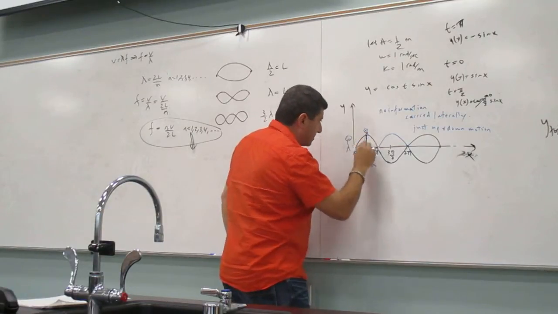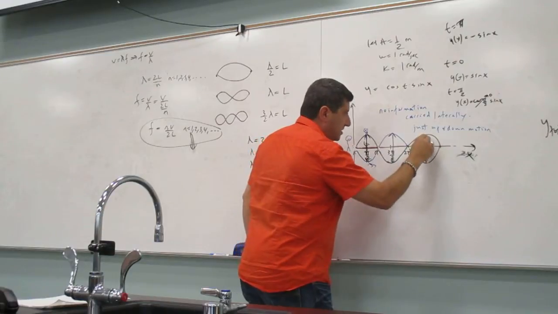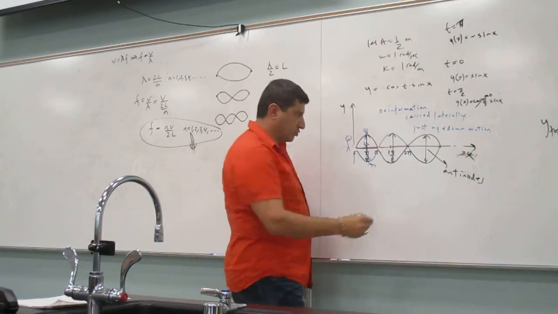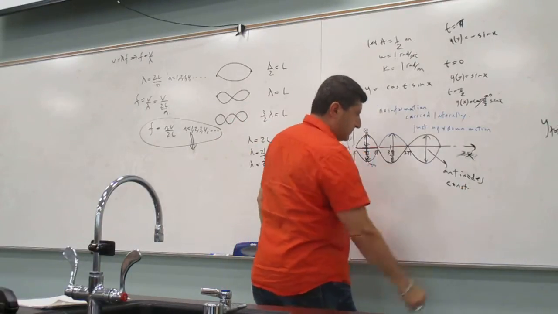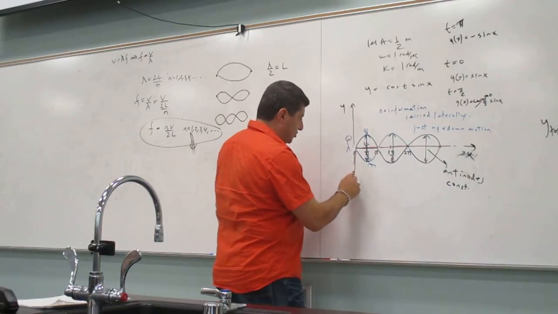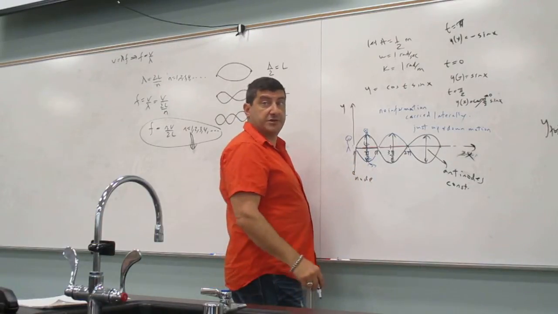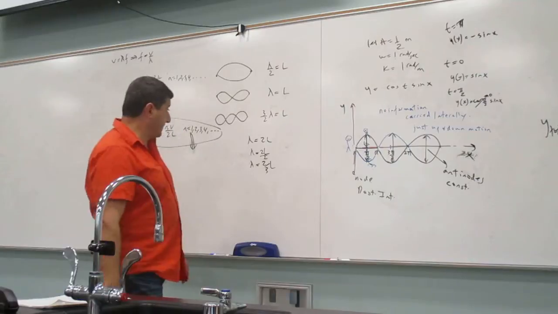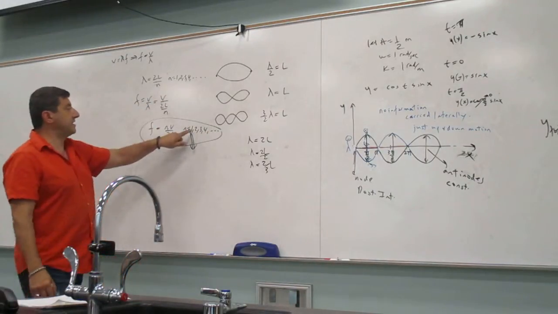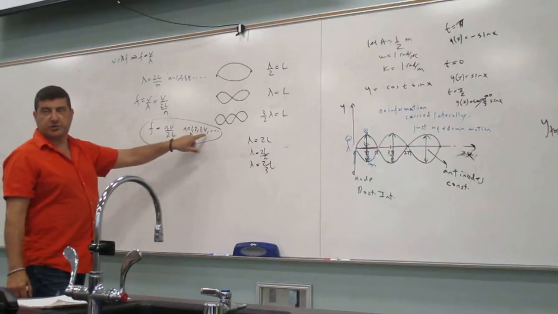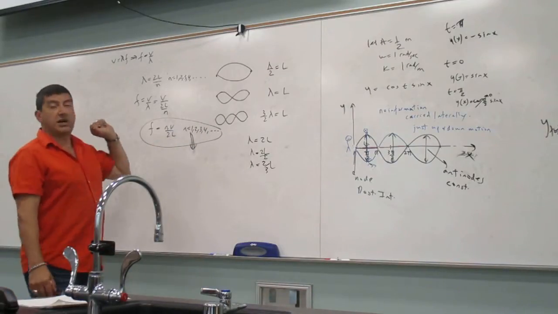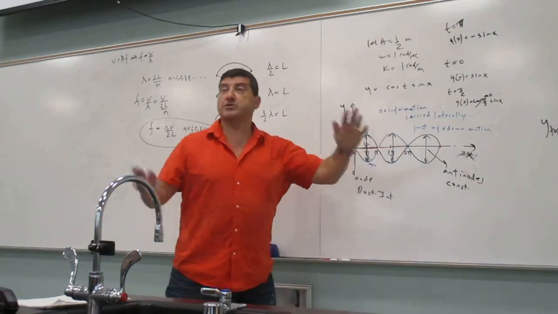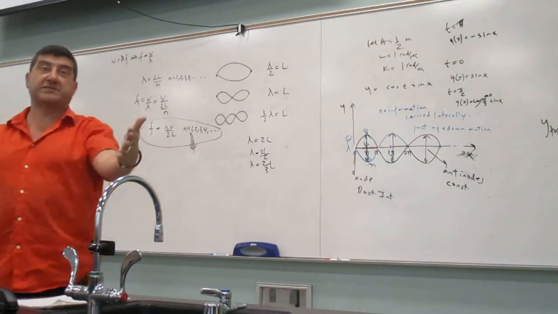So the constructive is here. Constructive is here, constructive is here, and we call these antinodes. That's constructive interference. And then this is node, that's where destructive interference is occurring. Destructive interference. So therefore, we can't use the language that these n's are first order constructive, second order constructive. No, it's rather the harmonics. In other words, what frequencies should the wave have so that it perfectly fits into the length of the strings,